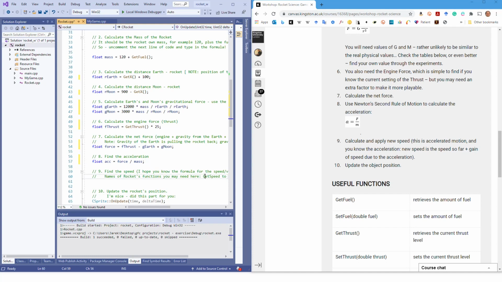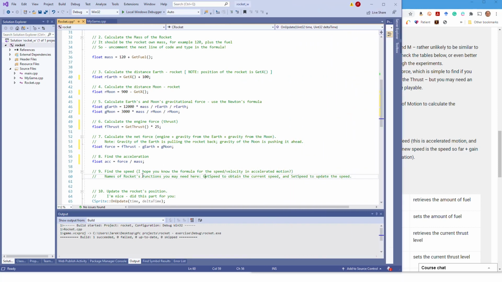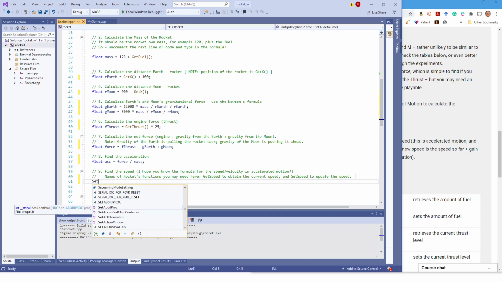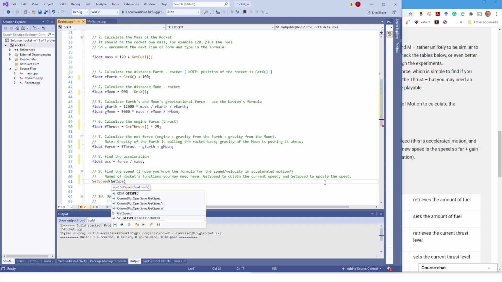You may know that there are several different approaches to do this. I will follow the hint in the comment. Name of the rocket's functions you may need here. Get speed to obtain the current speed, and set speed to update the speed. So, set speed. Set speed to what? To the previous speed of this rocket, which I can get as the get speed. Get speed, empty pair of brackets, plus